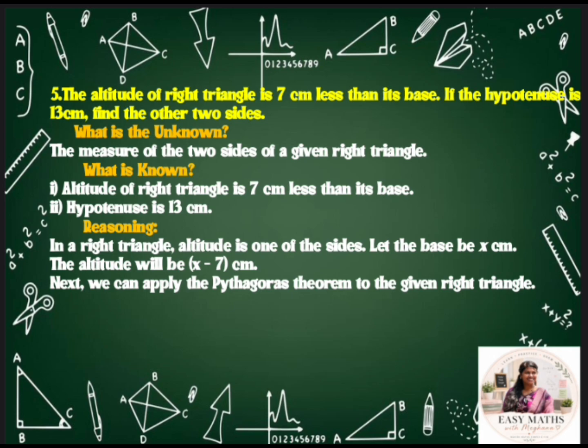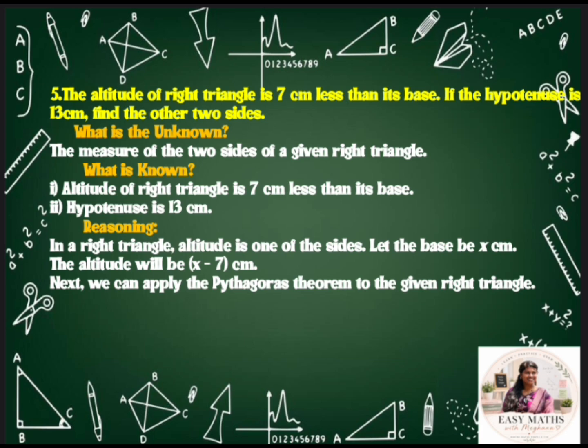Here, what is the unknown thing? The measure of the two sides of the given right triangle. What is given? Altitude of the right triangle is 7 cm less than its base and hypotenuse is 13 cm. Here, in a right angle triangle, altitude is one of the sides. Let the base be x centimeter. The altitude will be written as x minus 7 centimeter, and we have to apply Pythagoras theorem to the given